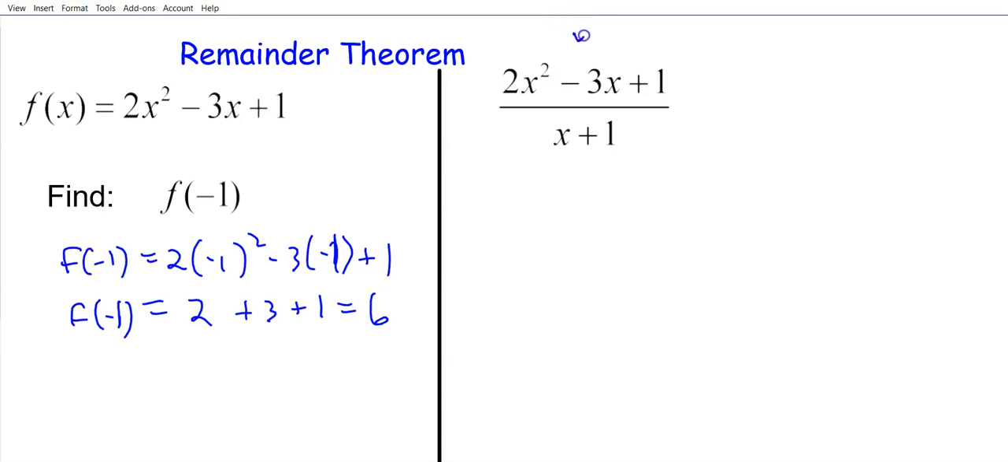The question may say something, use synthetic substitution, they'll call this, to find f of -1. So they might phrase it something like that. Find f of -1. Well, if your solution that you're checking is -1, your factor is x plus 1. I don't know if that makes sense, but that's the old solution factor kind of working backwards thing we talked